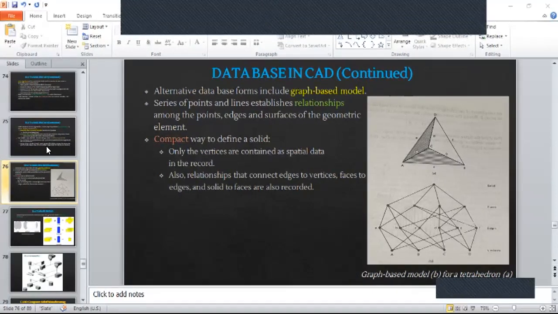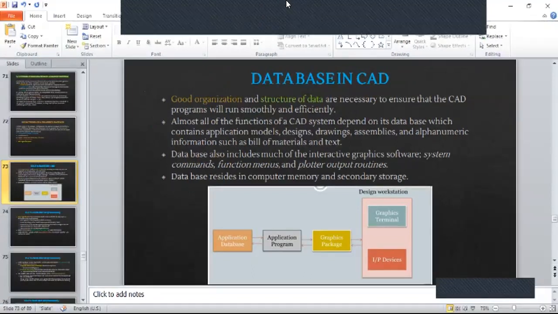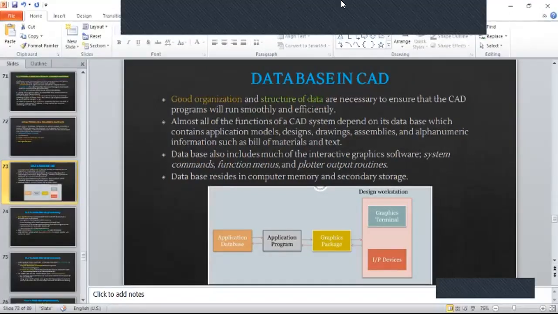We had discussed database, isn't it? We had discussed why it is important to have a good database, and how the organization and structuring of data is important, right? That's what we had seen.